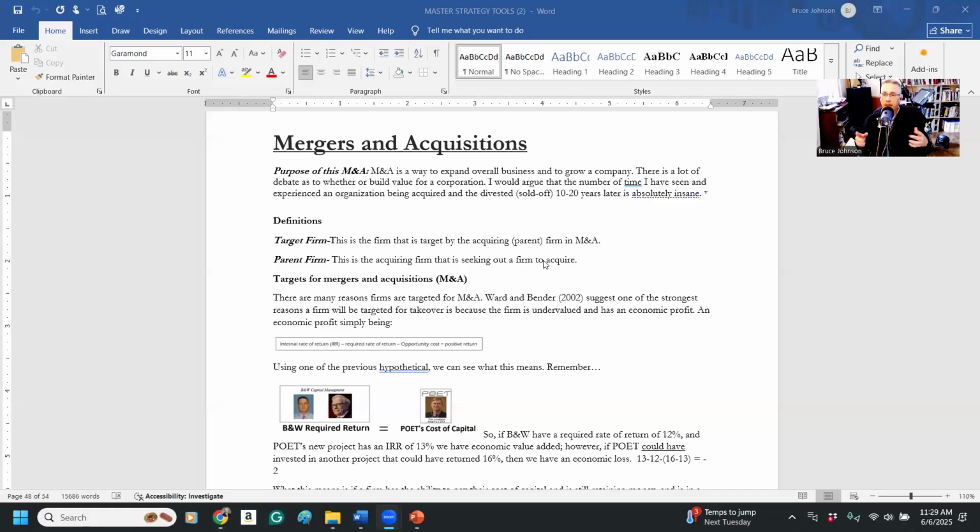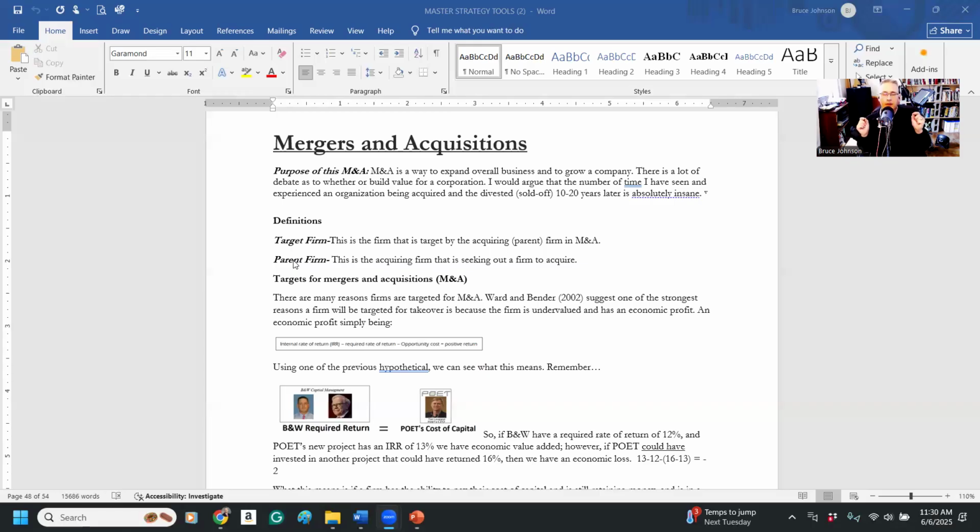So let's say we have a parent firm, which you should think about as being large. It's a big company, has $1 billion in revenue every year, and they're going to go after a target firm, or a target business, that manufactures a component for the parent company, and the parent company wants to start doing that in-house. So one of their options might be to go buy that company in order to get that.